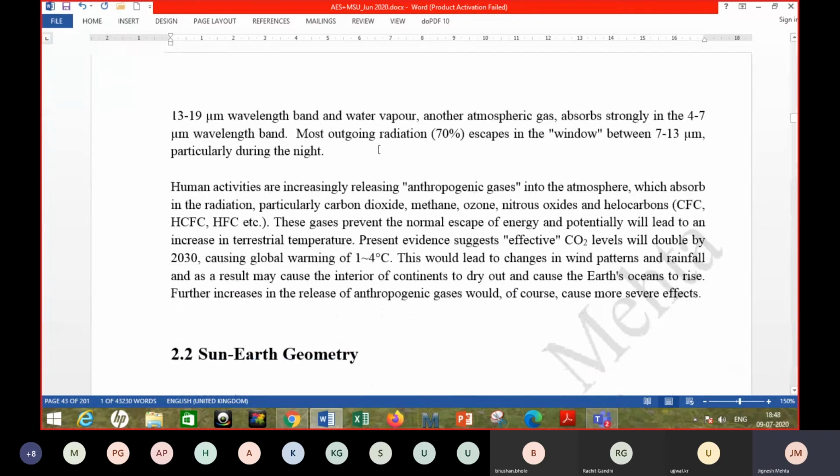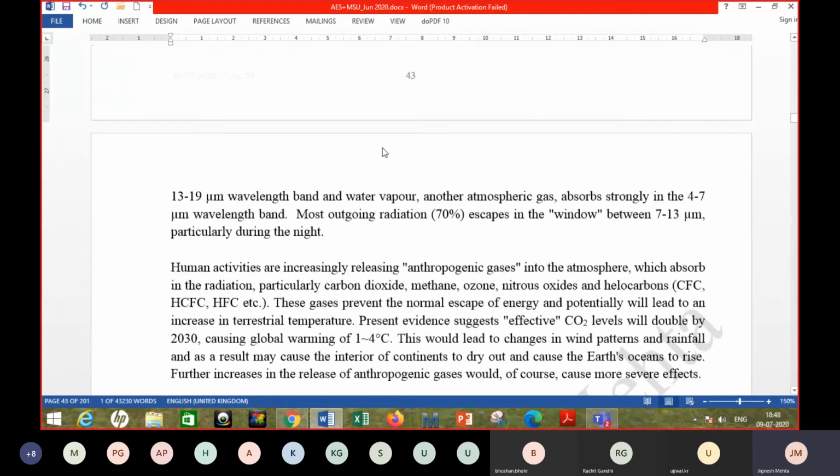So the greenhouse is a phenomenon, right? You can easily understand it if I give you one example. Say you have parked your car, and let's say you don't have that sun film, so you are allowing all radiation to come in. You have parked it in open sun for an hour or so, and when you come back, you find that it's very hot inside. It's even hotter than it is outside, right? Why does that happen? That happens because of the greenhouse effect created by glass.